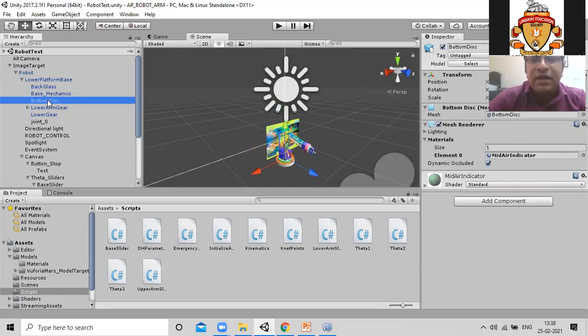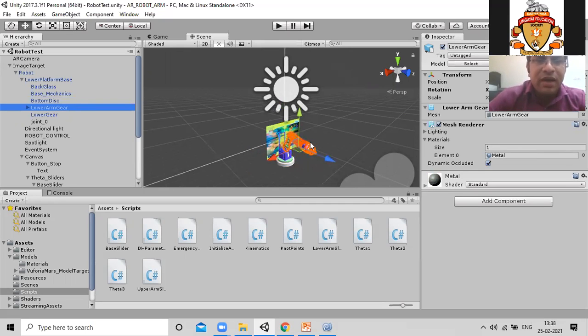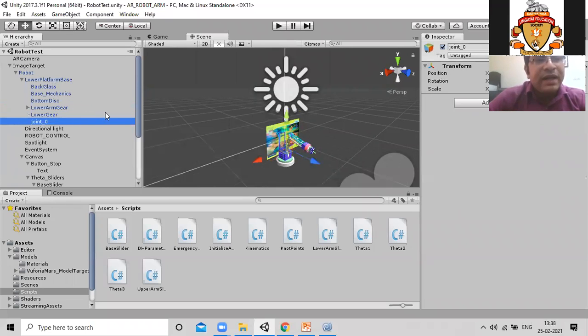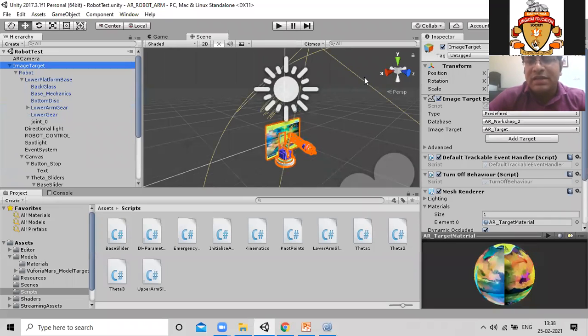So each and every individual part has been imported. Then the lower arm gear, and then the lower gear. So the whole set of individual parts and the assembly file has been imported here. Once that part is done, it is made a child object of the image target.